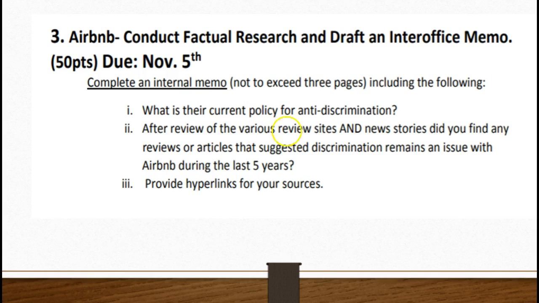And again, this is more you linking, giving maybe a general description of the information and then providing a hyperlink to the source itself. So this assignment doesn't involve you writing a lot of information, but providing links to information that will become necessary for us to represent Airbnb.